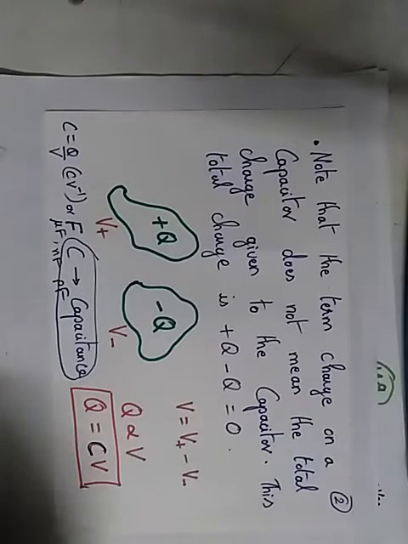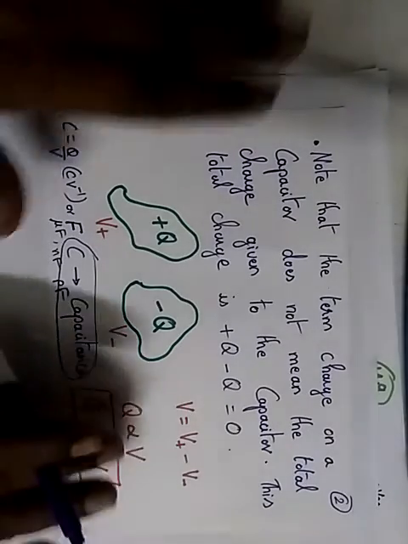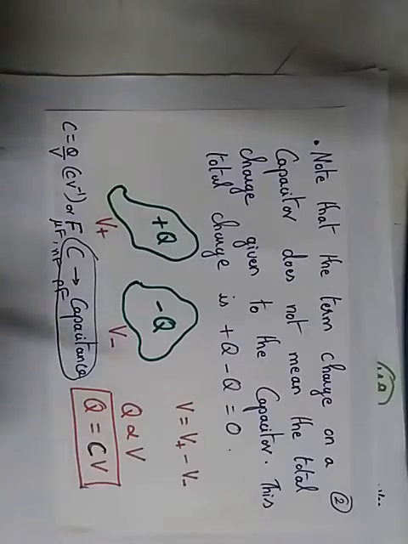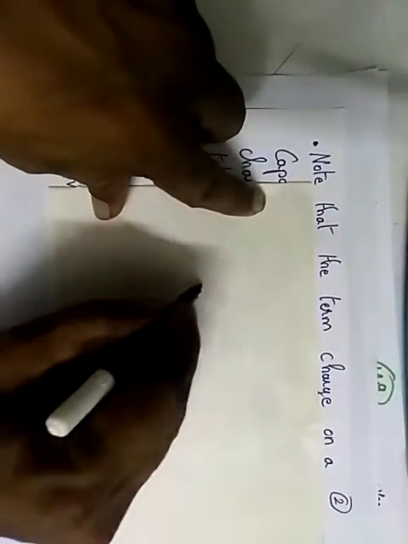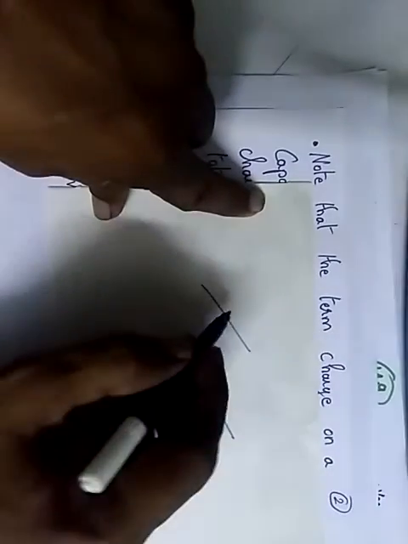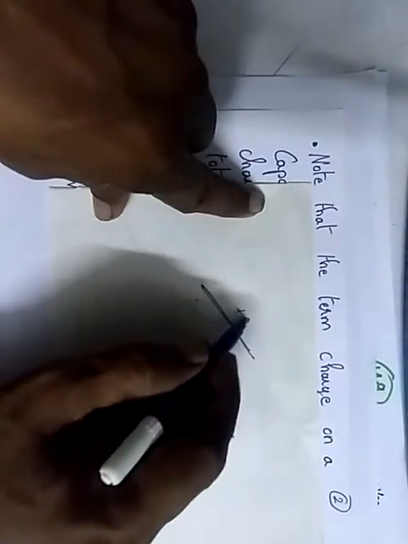So what is the basic thing you have to remember? You have two conductors separated by a dielectric, then that will form a capacitor. So in one of the plates you have plus Q and the other plate you have minus Q. If you give a potential difference, say 10 volts, that means this will be at 10 volts and this will be at 0 volts when fully charged. So the potential difference between the two plates is 10 minus 0, which is 10 volts.